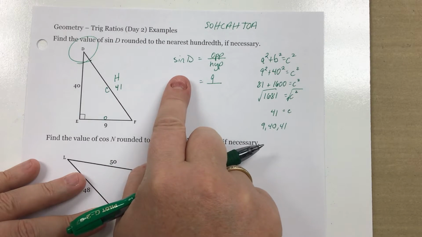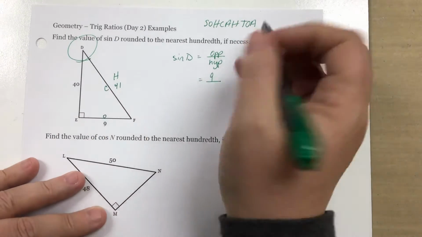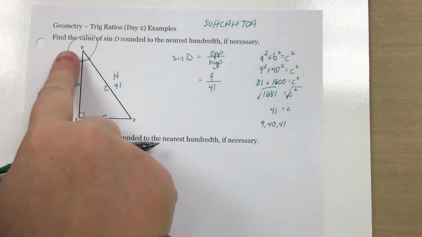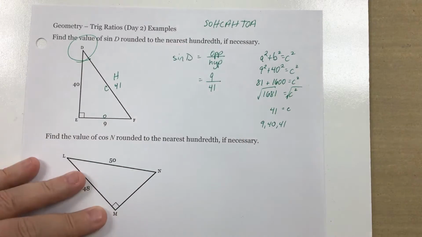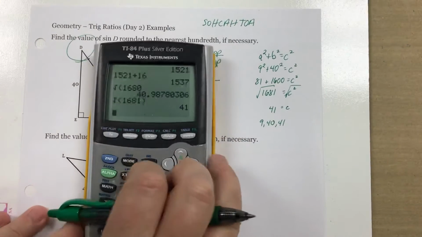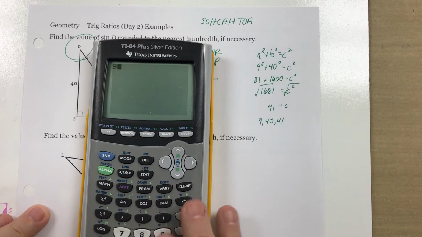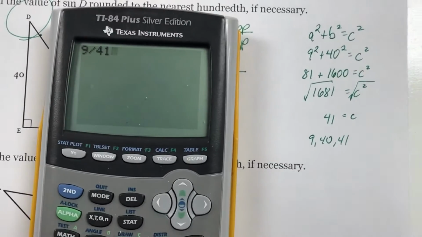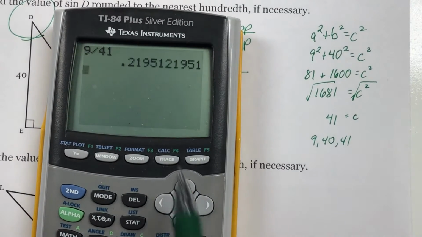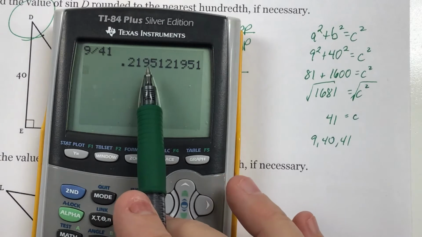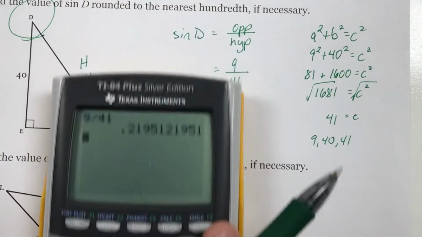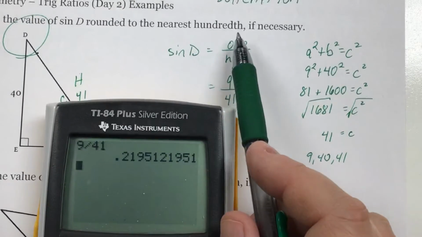So if I want the sine of D, I'm going to put 9 over 41. Notice it doesn't ask for it as a fraction. It says we're going to round to the nearest hundredth. So on a calculator, you take 9 divided by 41. If I zoom in a little bit, here you can see my calculator. It's 0.219512, etc. Since the direction says nearest hundredth, the hundredth